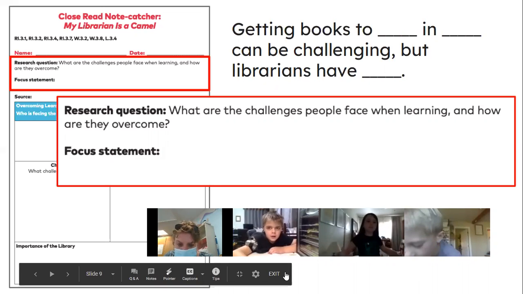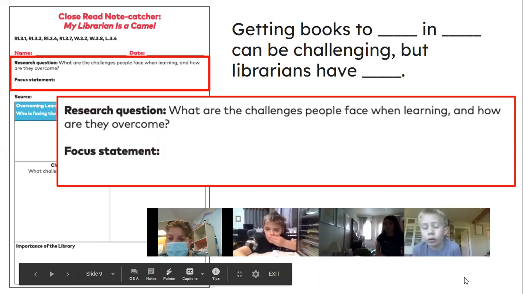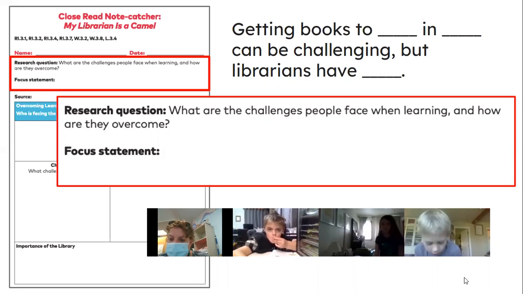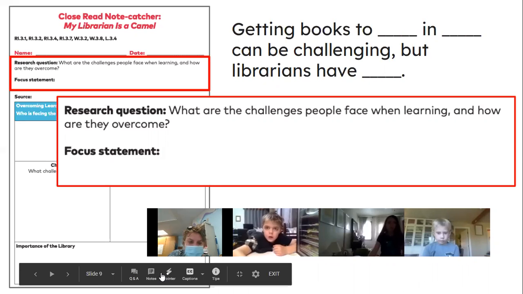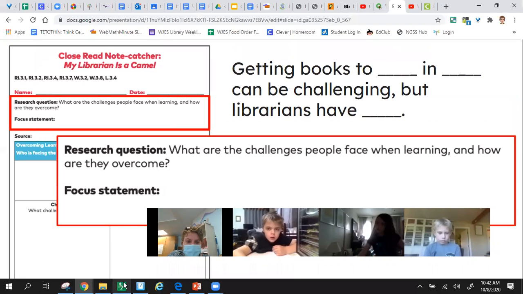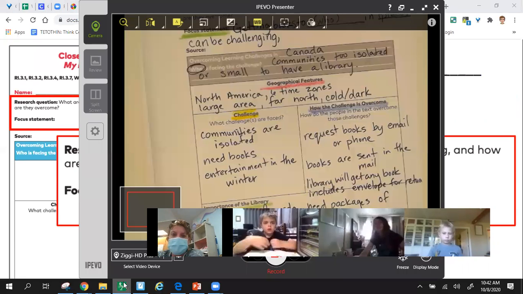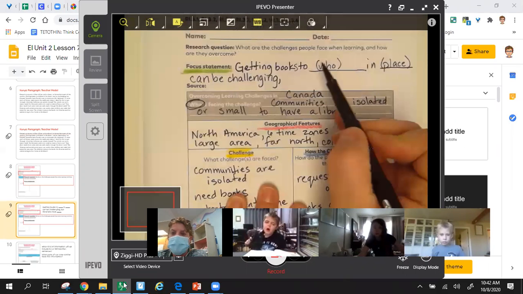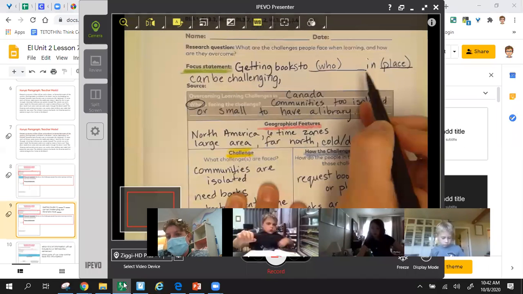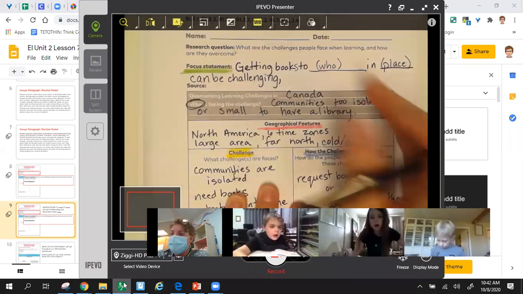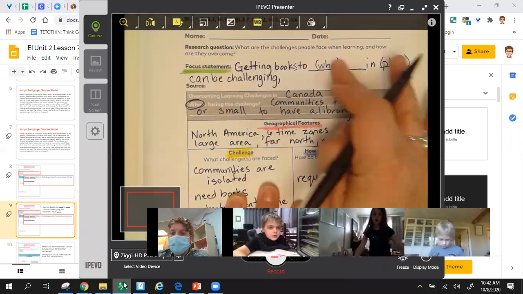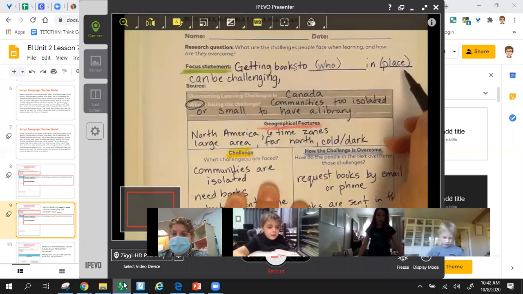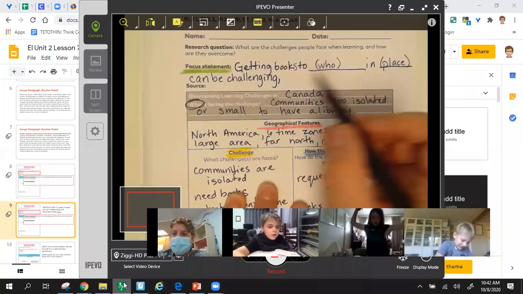It won't let me type in it. You're not typing. You're writing it on page 44. You're writing on page 44 in the top section. Just like here, I'll show you my doc camera again. All right, right here. We're writing it right in this section here. Getting books to, and then this is your who. Students maybe, children, I'm gonna say communities, in, and then this is where your place goes, Finland. Can be challenging,